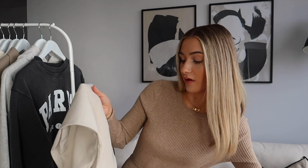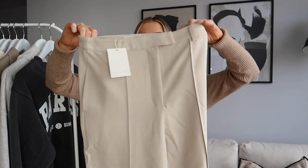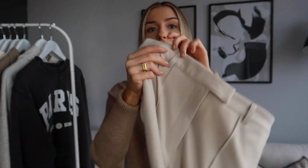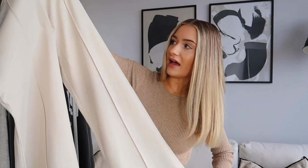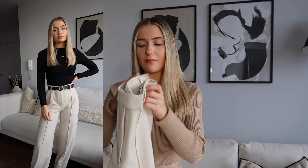And then finally, I also have a couple more pieces from Pretty Lavish. The first piece being these gorgeous neutral beige tailored trousers. These are a lovely muted beige tone, kind of like a stone colour, I would say, and they are a wide leg, a little bit flared, and then they've got this gorgeous seam detail down the front. They have belt loops